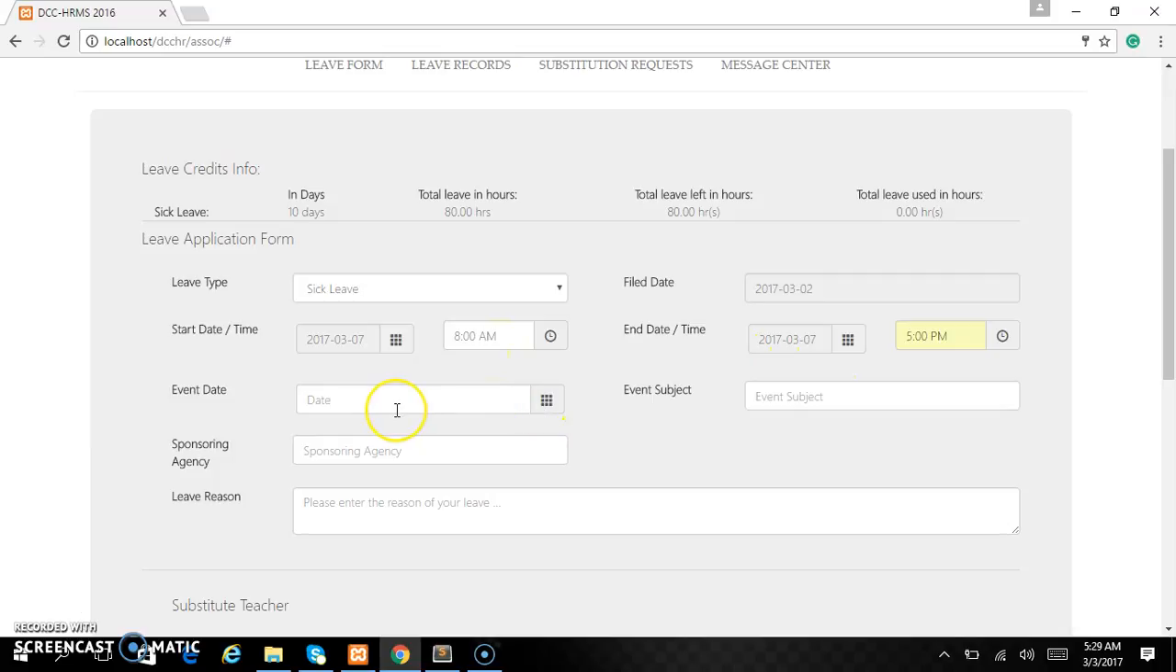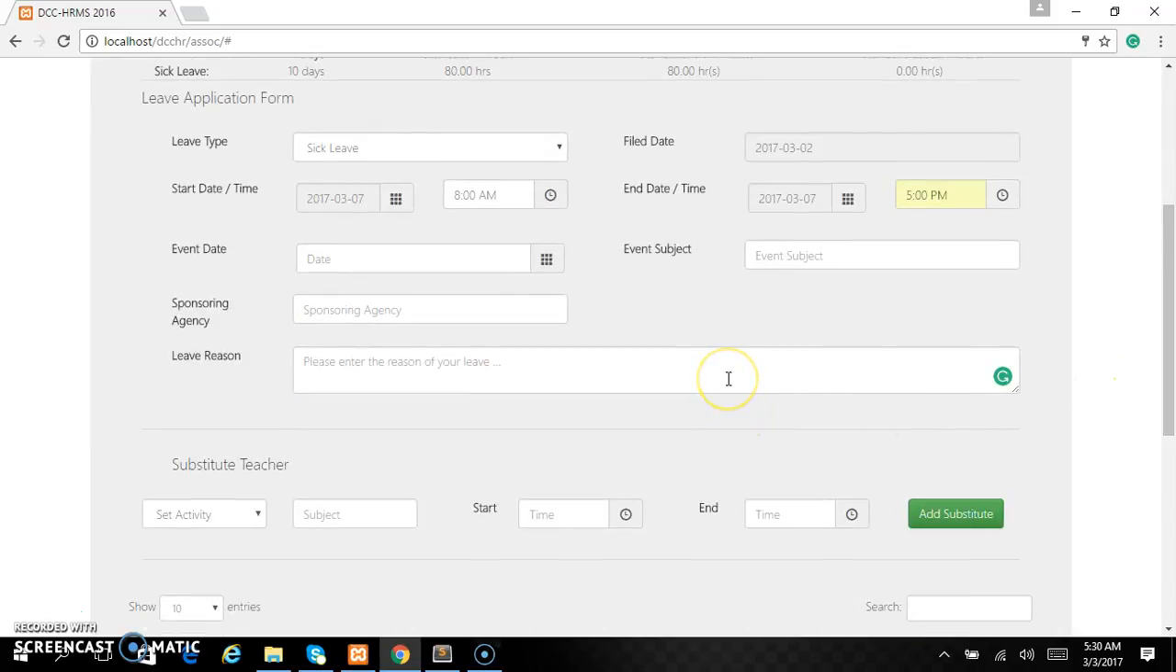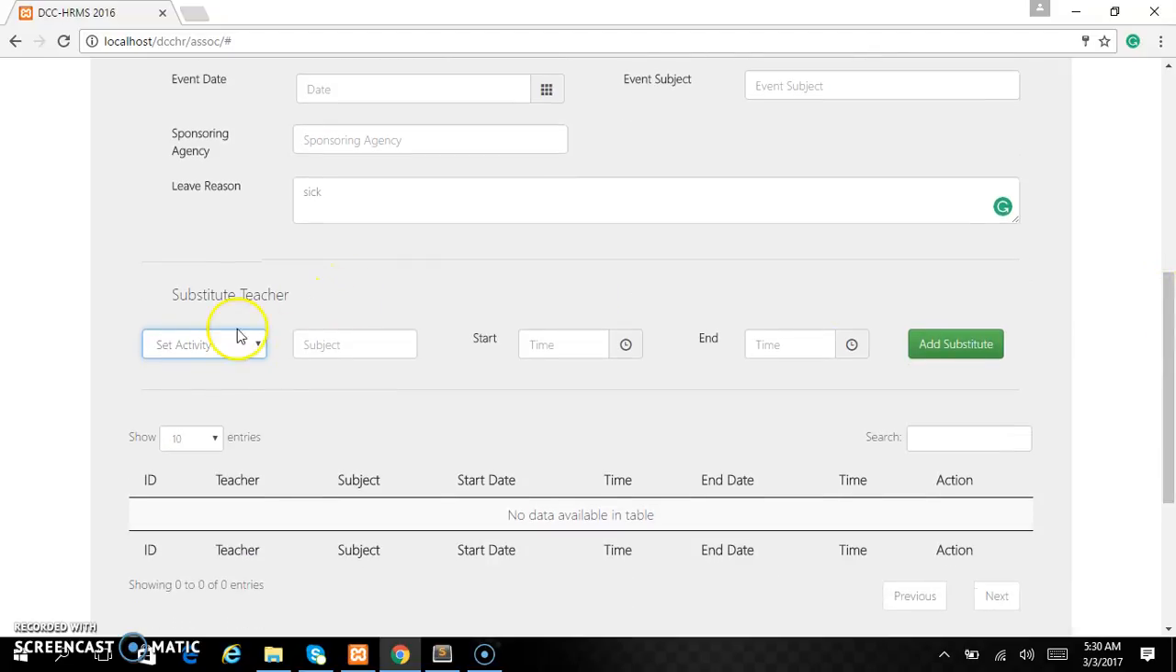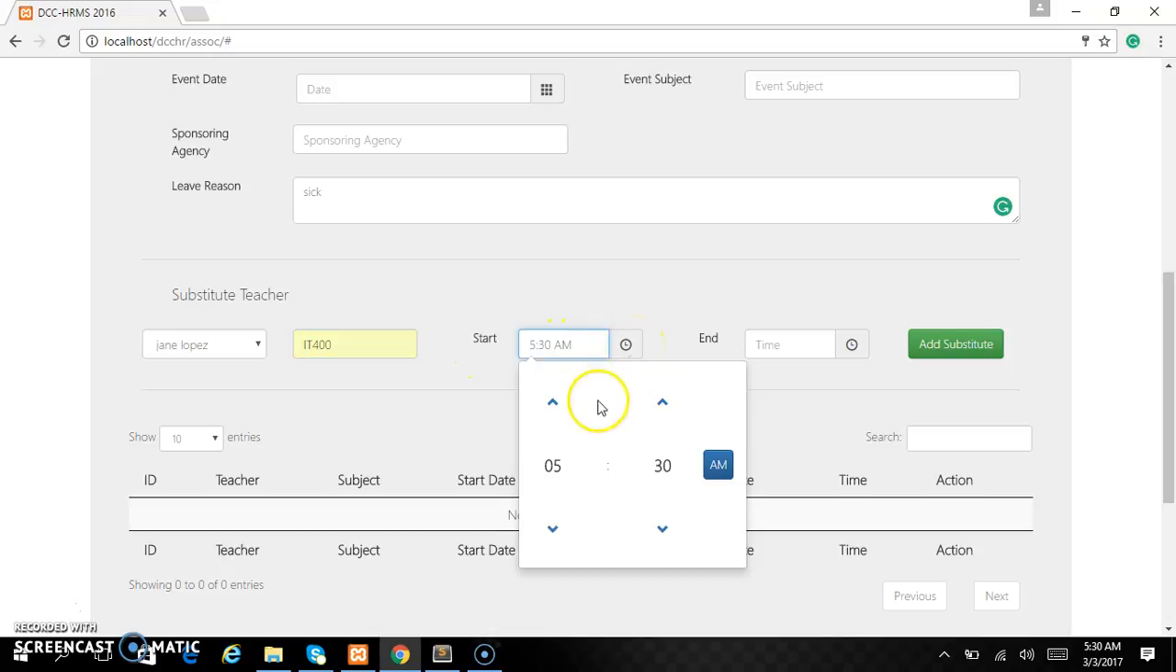To 5 p.m. And don't fill up this form because this is for SIL, and the leave reason: sick. And the substitute teacher. If you want to have a substitute, just click this drop down and choose the names of the substitute teacher. For example, Jane Lopez and subject IP 400 and start time